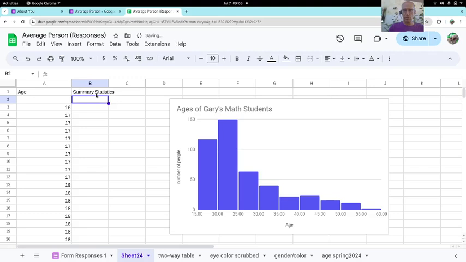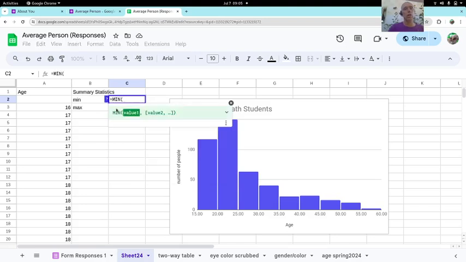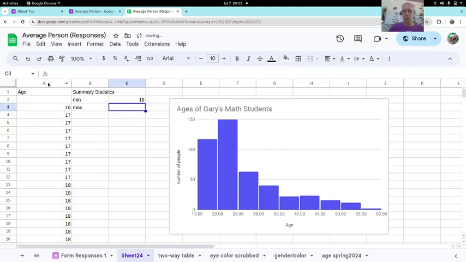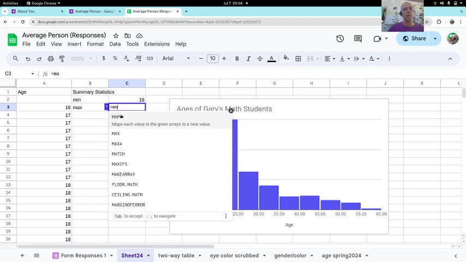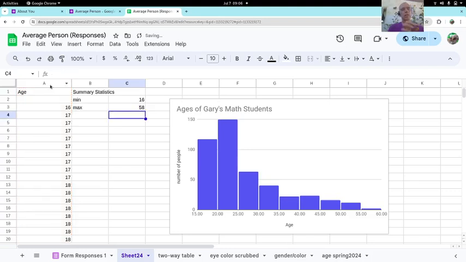And summary statistics we would want to know are the minimum number and the maximum number when designing a histogram. And I can see the min is 16, but just in case I didn't sort it right, I'm going to use the minimum command. So equals, start typing, and then click on the command you want, and then highlight the data. In this case, I can highlight the whole column. Yep, min is 16, and then equals, start typing max, select max, and then highlight the data, close your parentheses,